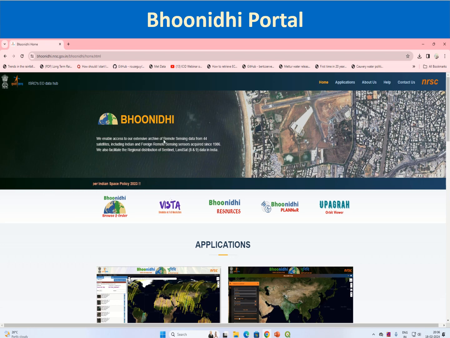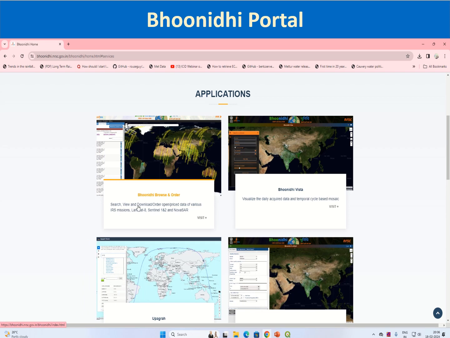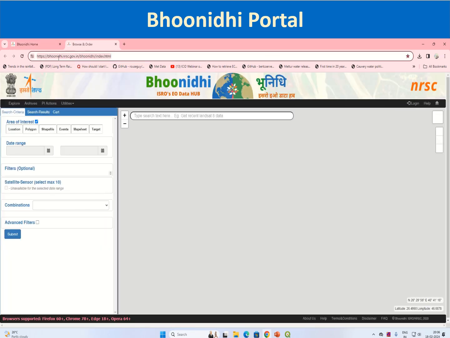Whereas this Bhunidhi portal provides extensive data from the IRS series of satellites, as well as Sentinel, Landsat 8 and 9. Data will also become available from this portal. You can search, view, download and order open as well as priced data from IRS missions, Landsat 8, Sentinel 1 and 2 and NOVASAR. You can visit this portal at this URL